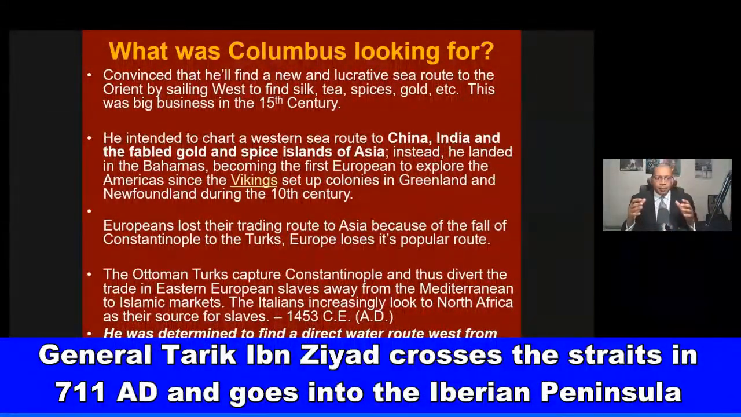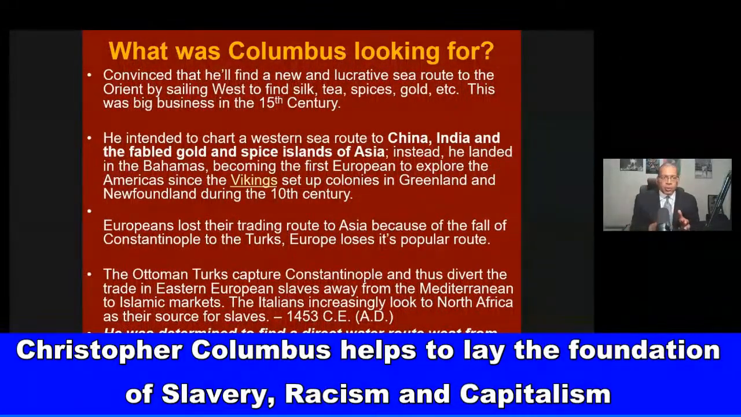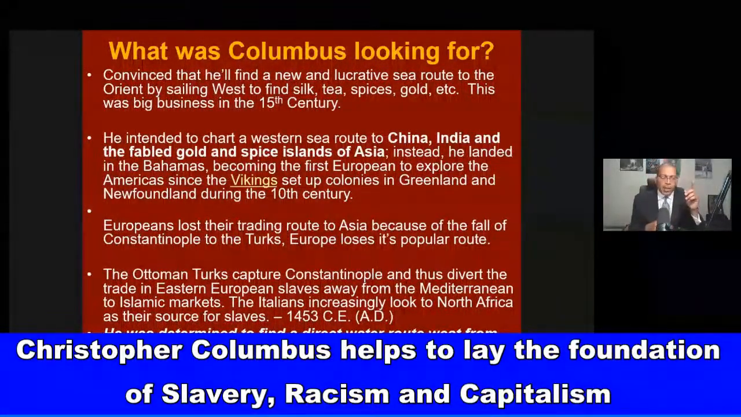Okay. Europeans lost their trading route to Asia because of the fall of Constantinople to the Ottoman Turks. Okay, so the Ottoman Turks captured Constantinople and thus divert the trade in Eastern European slaves away from the Mediterranean to Islamic markets. The Italians increasingly look to North Africa as their source for slaves. All right, now